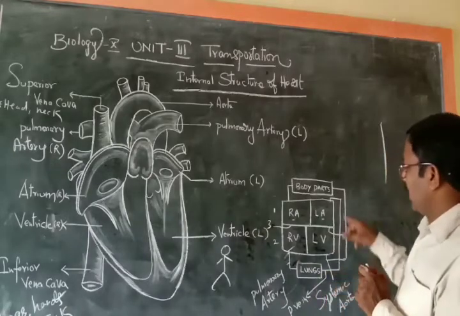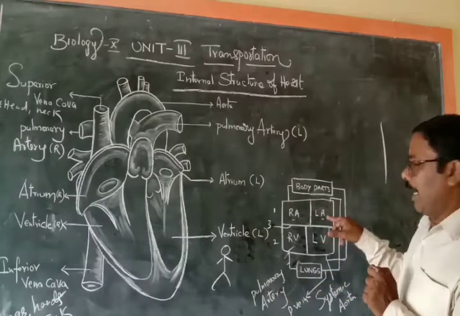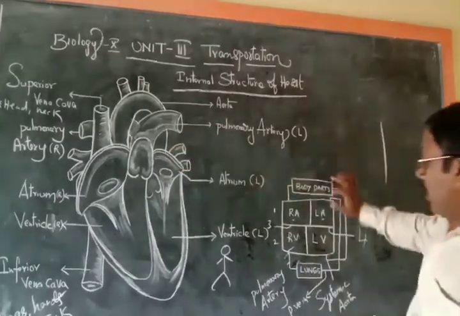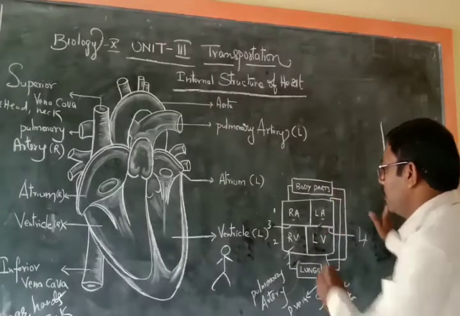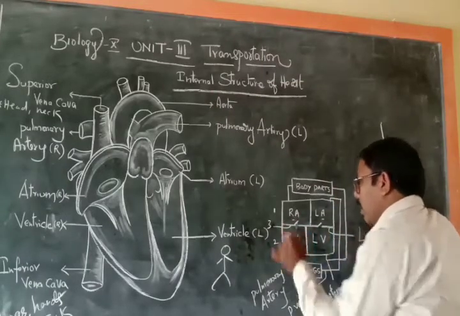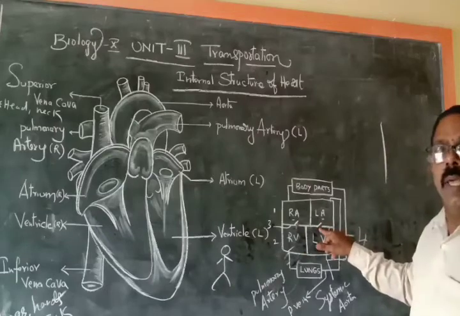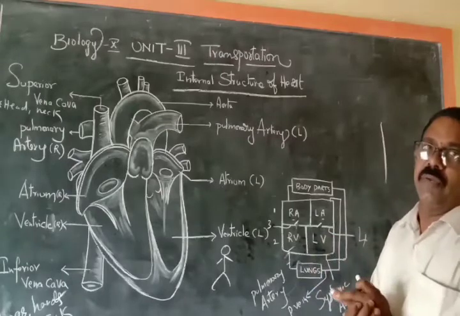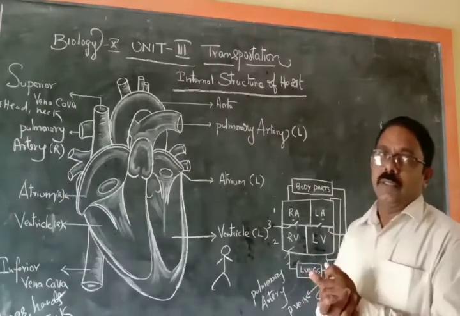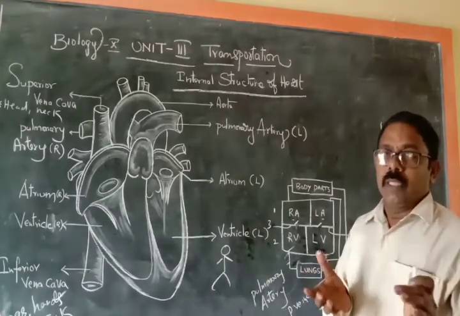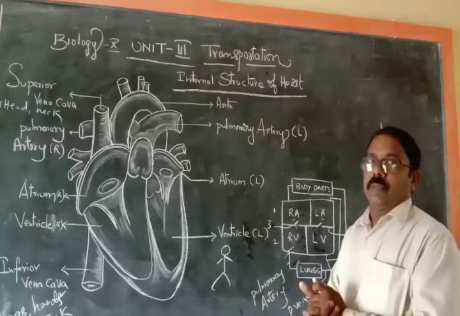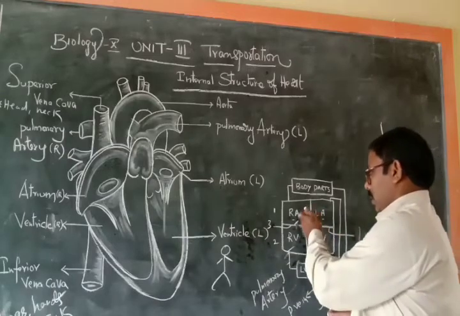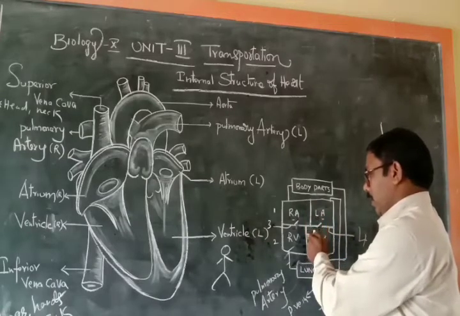And the pulmonary vein sends the blood into the left auricle, this part, and the left auricle opens through the bicuspid valve. Here is the tricuspid valve, and this one is the bicuspid valve. This one is also called the mitral valve. Very, very important for you, dear boys and girls. What is the other name of the bicuspid valve? That is the mitral valve. The left auricle sends the blood into the left ventricle.